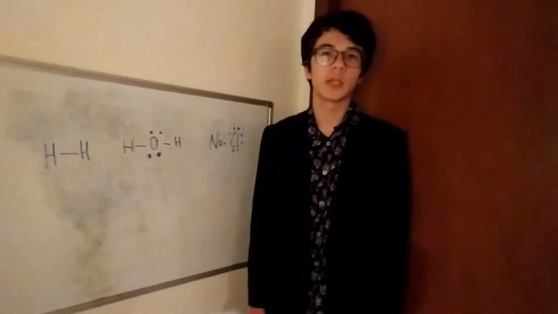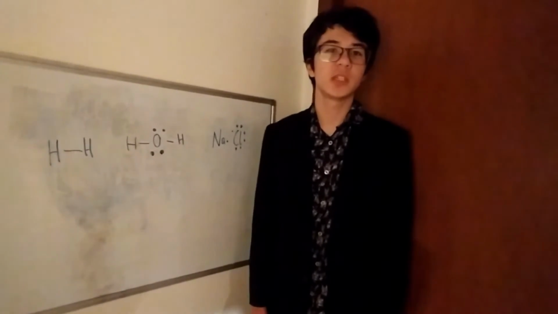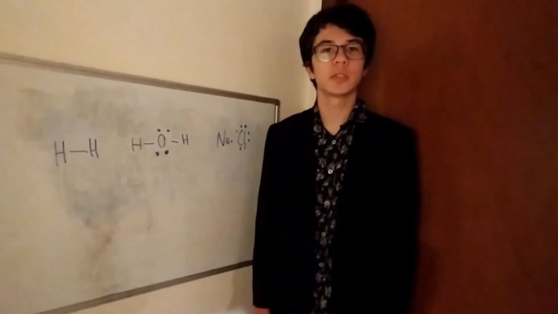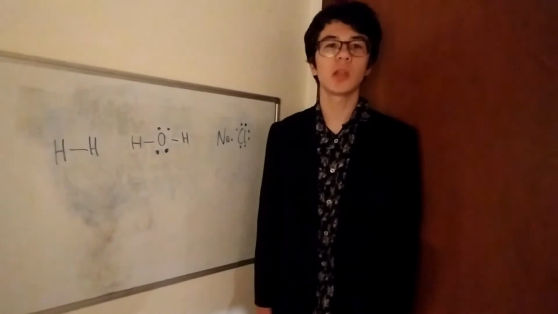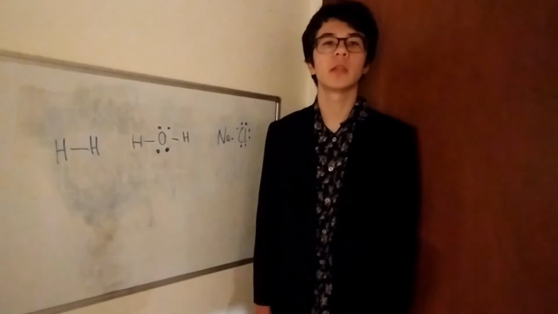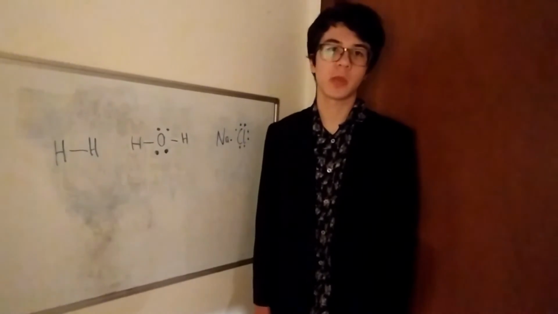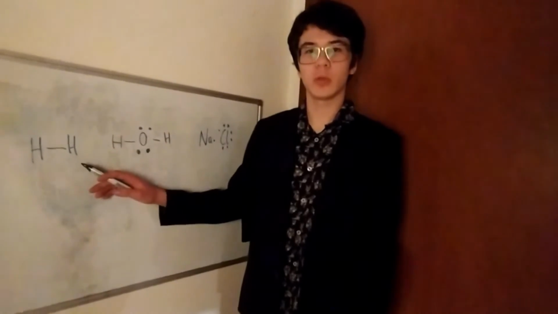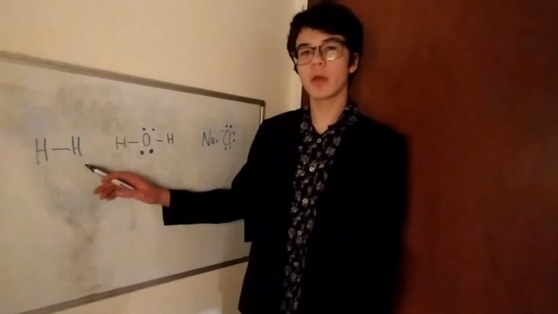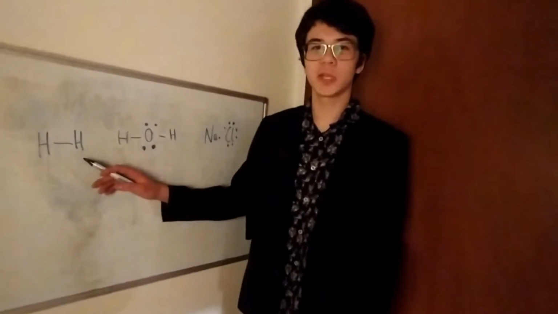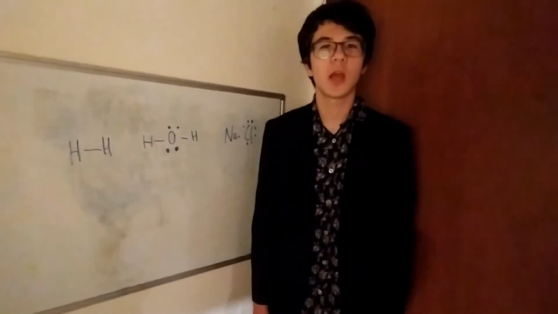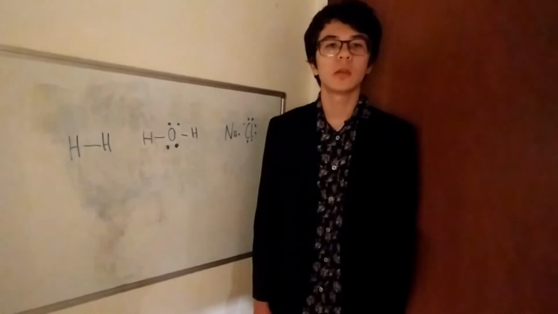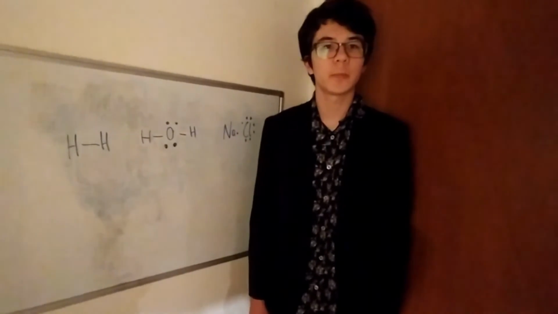When two bonded atoms have a similar electronegativity, it is called a non-polar bond. This is because both atoms have a similar electronegativity and neither has more than the other. Hydrogen gas is an example of a non-polar compound because neither atom has any more electronegativity than the other. When one atom is more electronegative than the other, it can be polar.